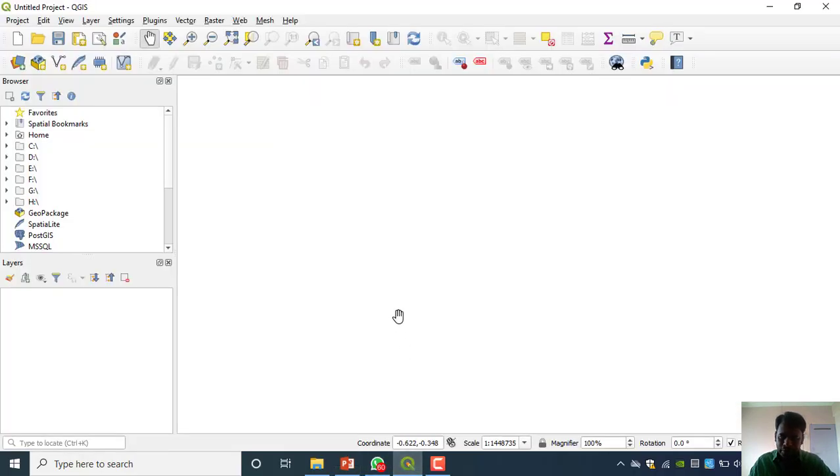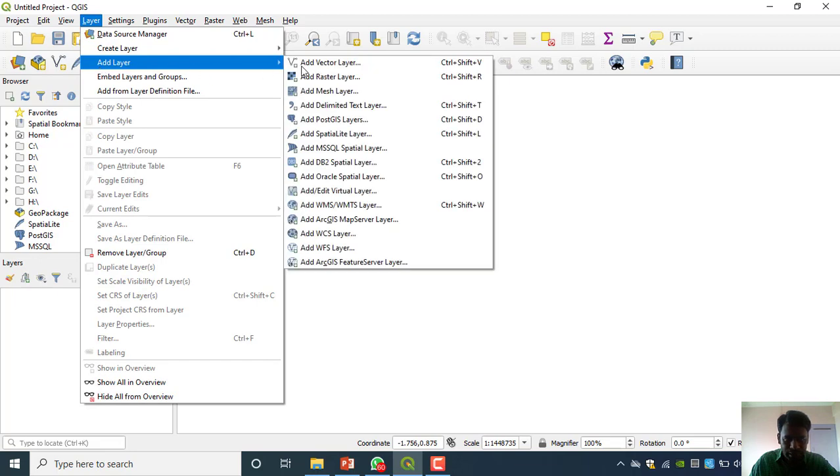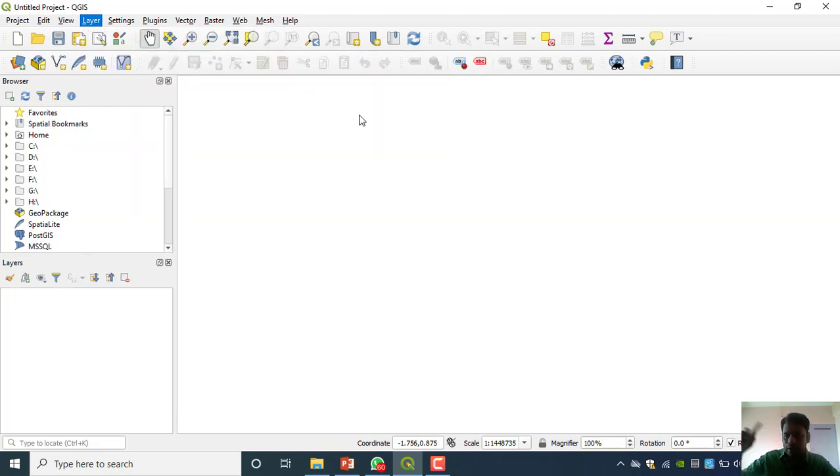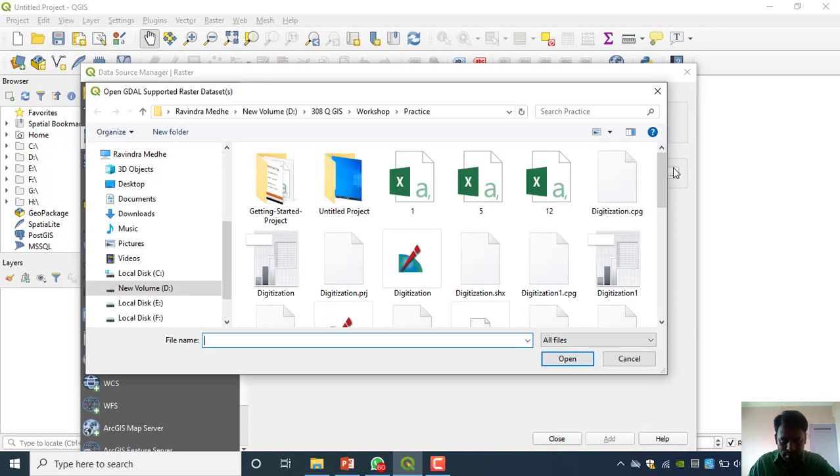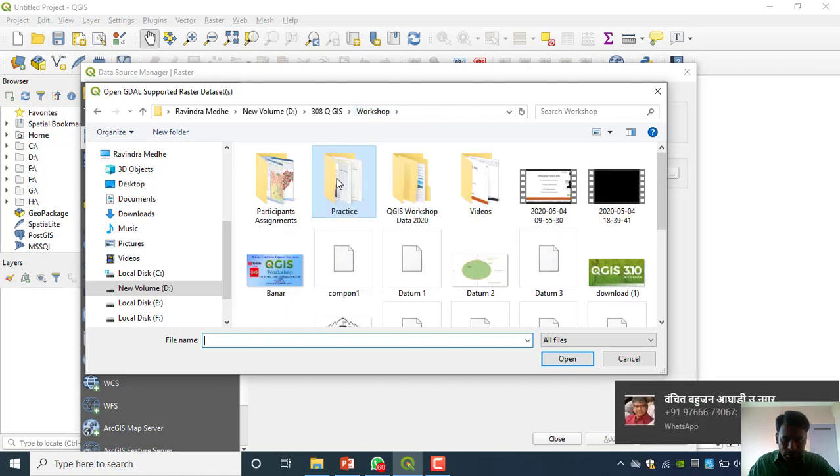This is our software. We are ready with the software. We have to add the data: Layer, Add Layer, Add Raster Layer, because we have to work on the topo sheet. The topo sheet comes under raster data. Browser, workshop practice.